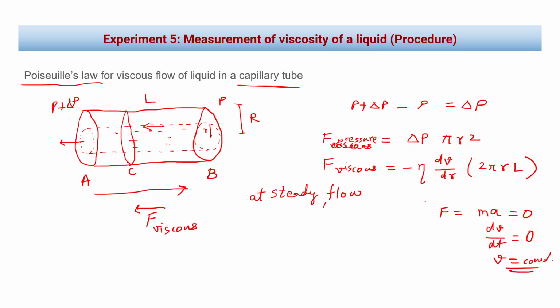So from this knowledge we can say that at steady state flow, force is zero, which implies velocity is constant. That means the flow is happening at constant velocity. Okay, and also since I'm saying all the forces acting on it are zero, that means this force due to viscosity plus the force due to pressure difference